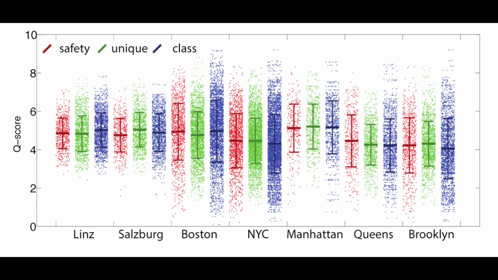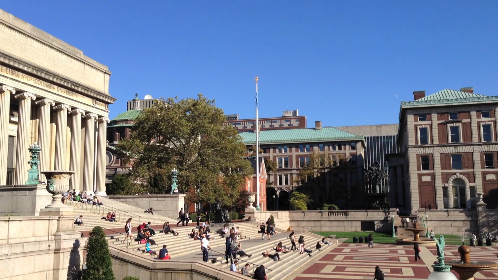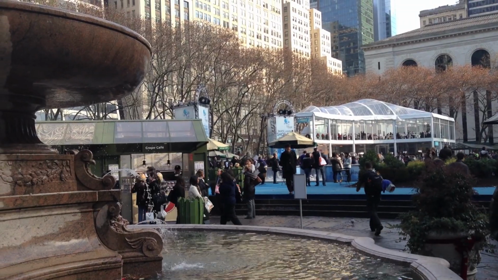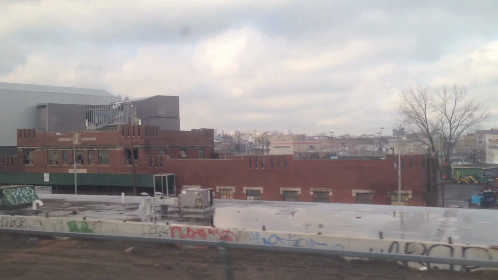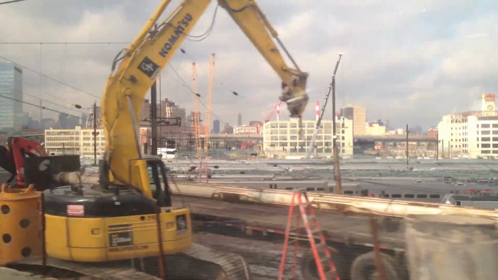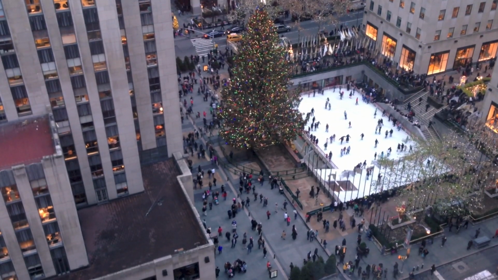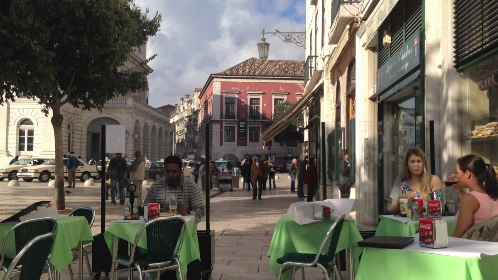We then looked at the scores obtained by the 4 different cities, finding that the averages of each city were similar, but the variances for New York and Boston were significantly higher than the ones observed for Linz and Salzburg. This indicates that, for the images included in the study, the difference between the best scores and the worst scores for New York and Boston were larger than the difference between the best and worst scores for Linz and Salzburg.